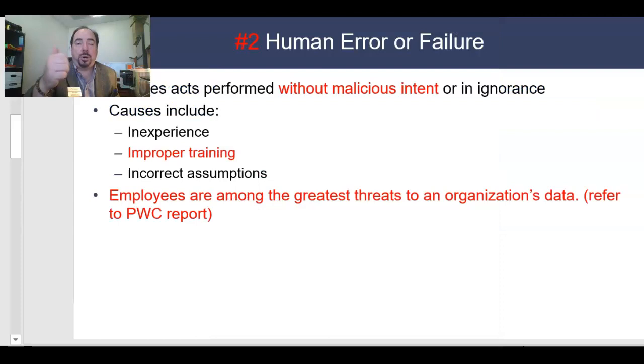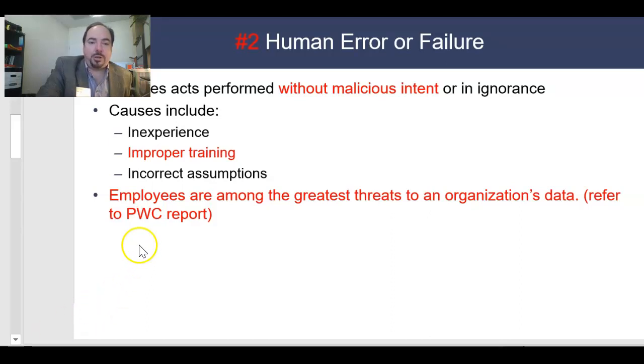All right, so category number 1 was sabotage. Number 2 is human error. So unintentional behavior, accidental behavior, but through ignorance more so than negligence, either through inexperience or typically improper training. So remember, your end users are not expected to be IT experts like you are, and you can't expect too much of them. But I think more and more employees do realize they're part of the solution. They do take some responsibility. They just need to be taught how to protect themselves.